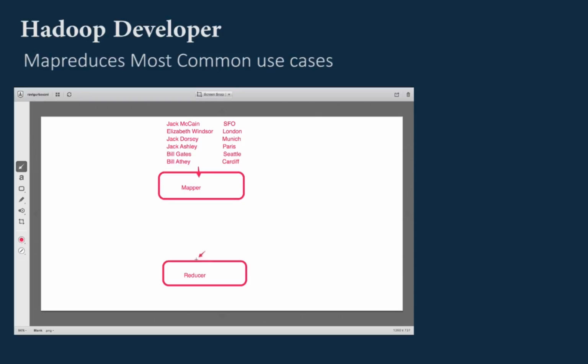So what happens before it gets to the reducer is this is completely sorted, and then it goes to the reducer. Sort worked perfectly for first name,